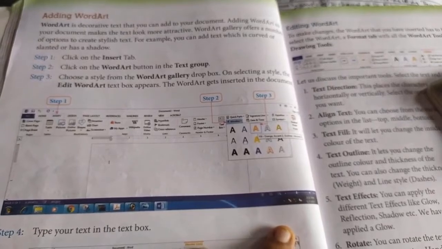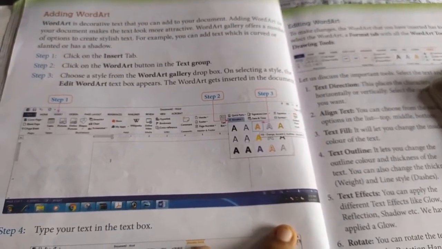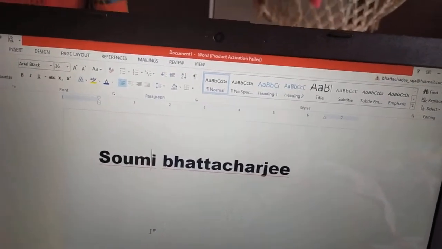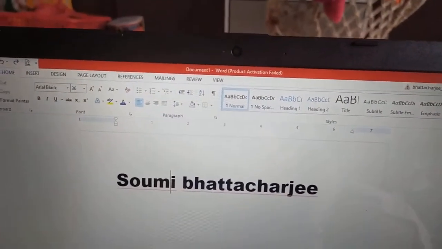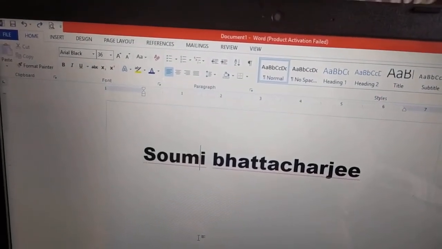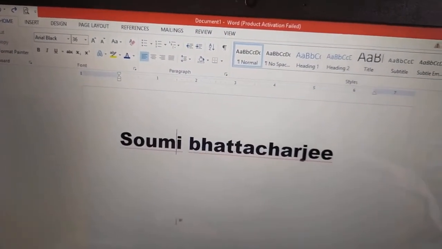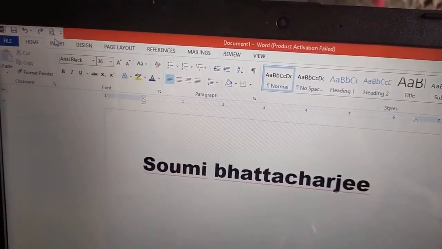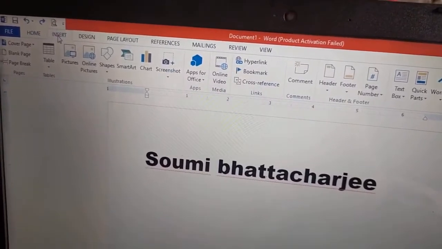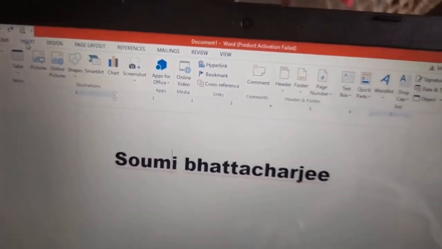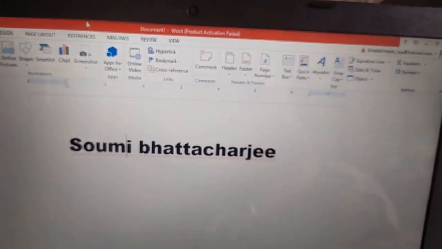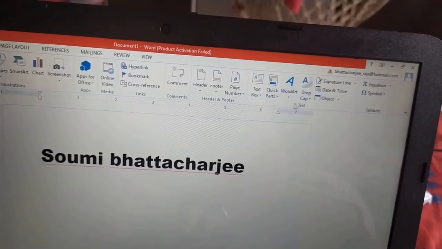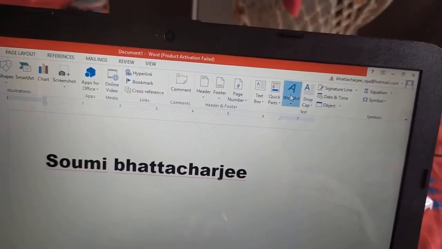Now let us see in the computer what are the options that we will get here. Suppose we have written our name and we need to use Word art in our name. How will we do that? For that, we will go to the Insert tab. In the Insert tab, Text group, we will find the Word art option.